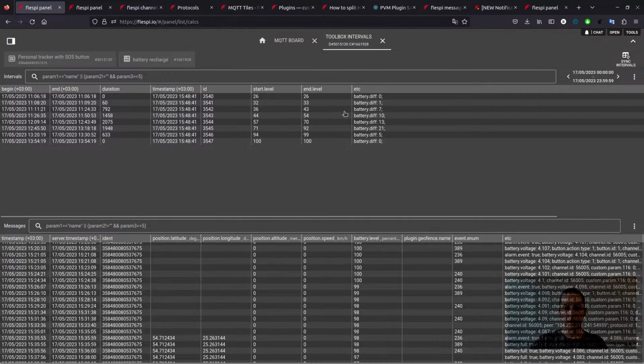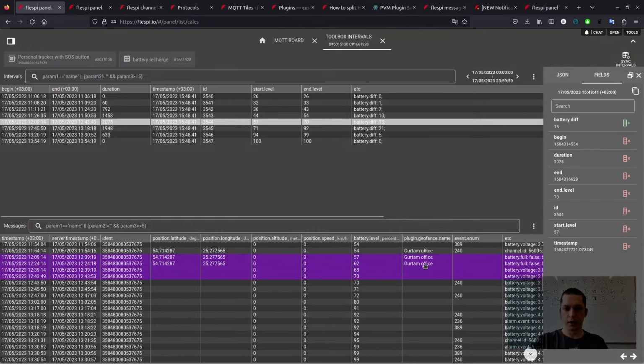So we have several intervals, like for example this one, and we may see that the battery level grew from 57 to 70, then it stays at 70, that's why the interval reduced. We have many different options on how to tune this interval, so it will merge intervals or split intervals, but the idea is to provide you with processed data, not the raw data reported by the device, but data that you may build business logic on top of. I will not go further into the details of how the calculators work. If you are interested, we will have a separate webinar on this topic.